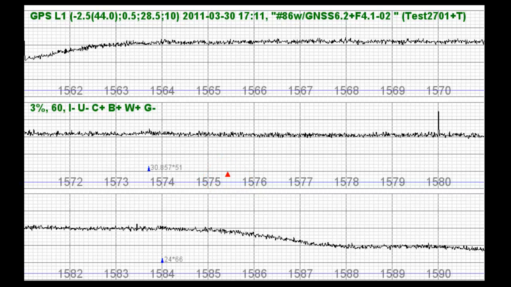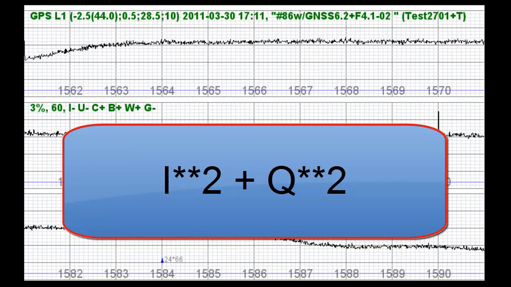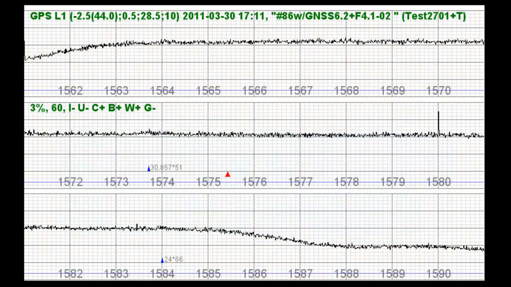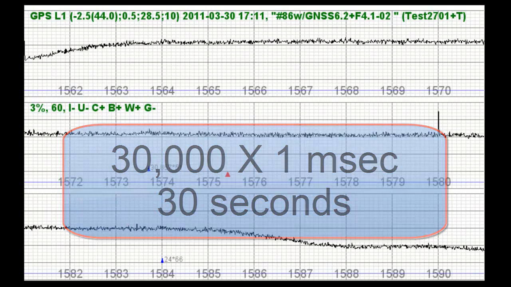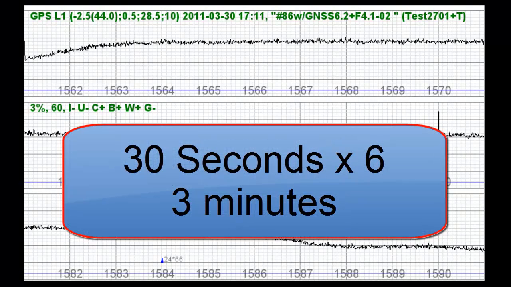Each point represents energy in 1 kHz band. Energy is derived by the sum of the square of in-phase and the square of quadrature phase values. Each 1 kHz sample is measured in 1 millisecond. The total 30 MHz band has 30,000 of 1 millisecond samples. So it should take 30 seconds to scan one band and 3 minutes to scan the 6 bands of GPS